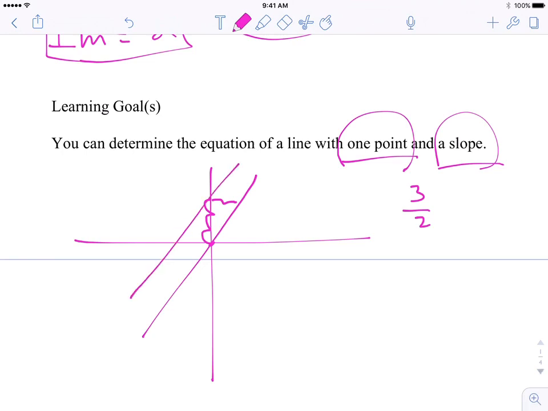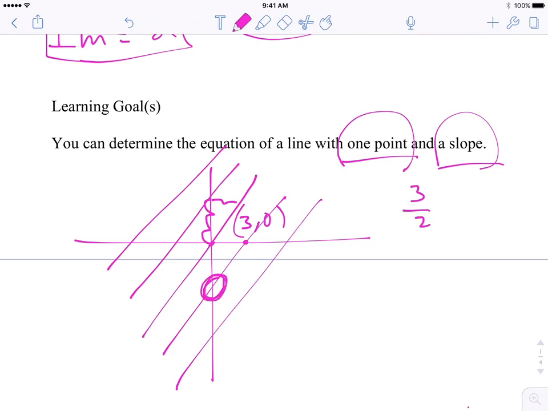If I draw another line like this, all these lines are parallel, so they all have a slope of 3 over 2. However, if I say, write the equation of a line that has a slope of 3 over 2, it could be any one of these lines. But if I identify a point and tell you it goes through 3, 0, which is right there, in that case, that line has a specific